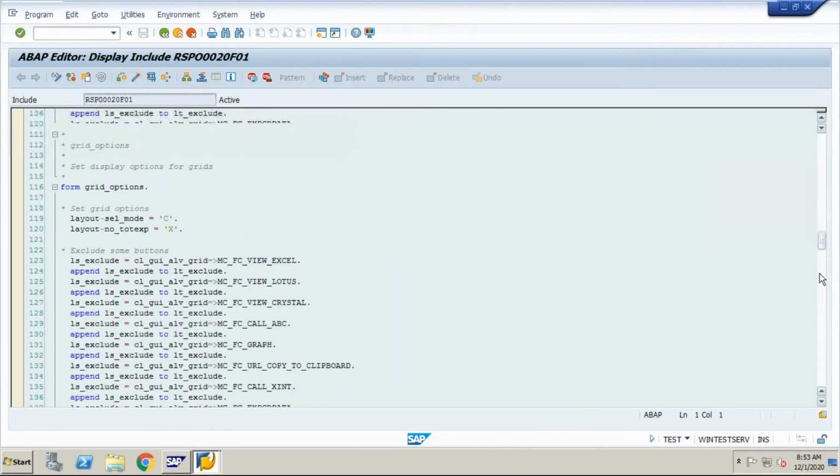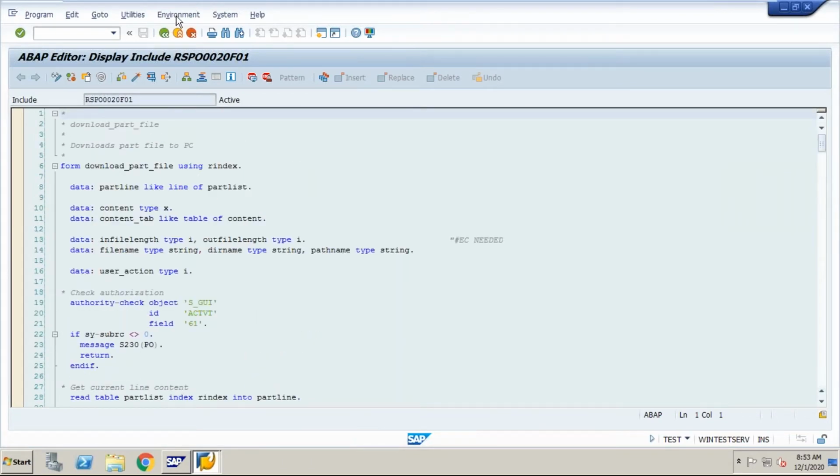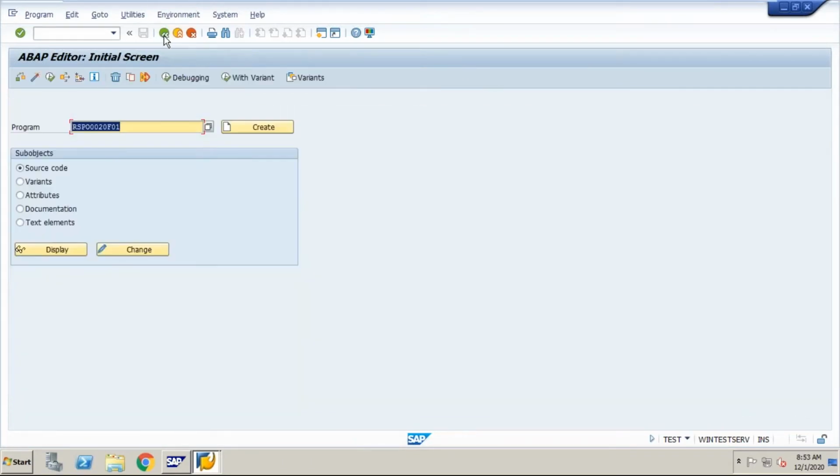This is mostly used by ABAPers to see and read their own coding. But when they create their own programs, they have to use the letter Z. They have to start the program name with Z because A to X is already reserved by SAP.